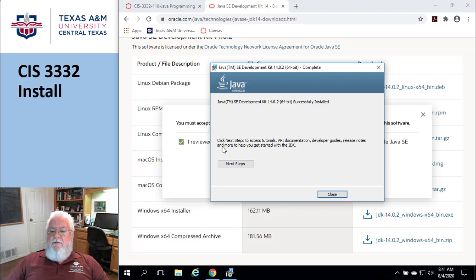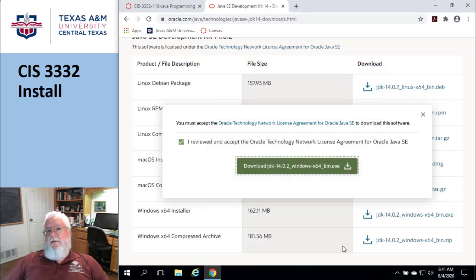Then it says, okay, we're successfully installed. The next step would be doing all the rest of this stuff. No, I don't want to do that. Okay, so now we've installed the Java Development Kit, which is the only piece of the Java language that we